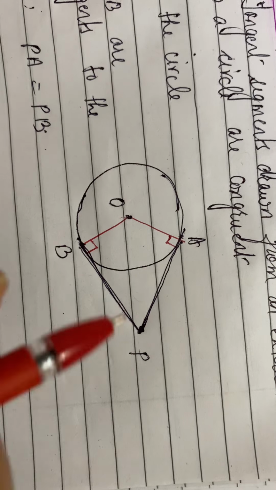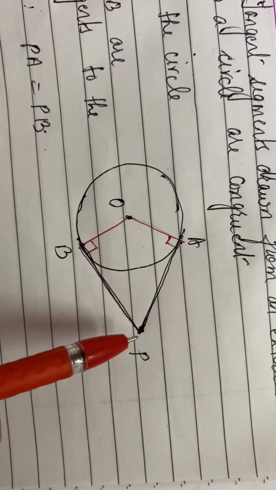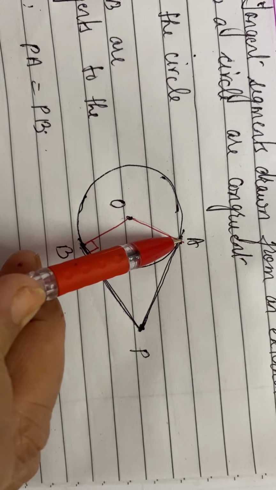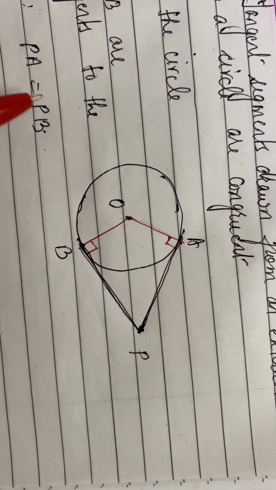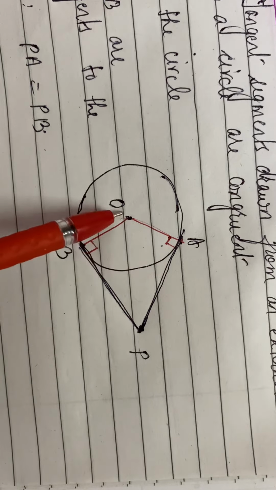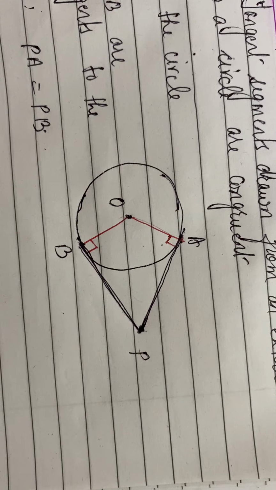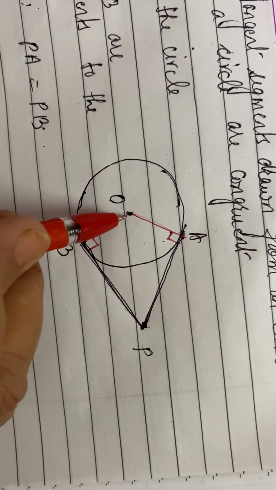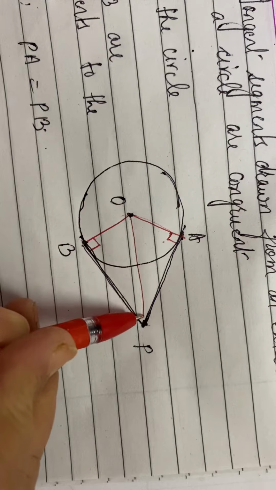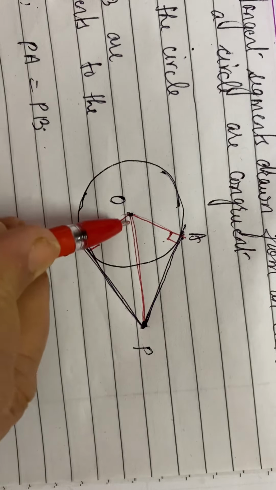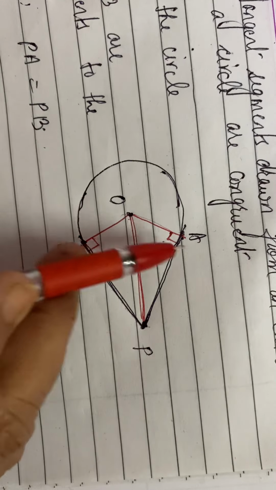Remember this. Radius of a circle is perpendicular to the tangent at the point of contact. Perpendicular means making an angle of 90 degree. Fine. So you have to remember that, and we have to join OP also,